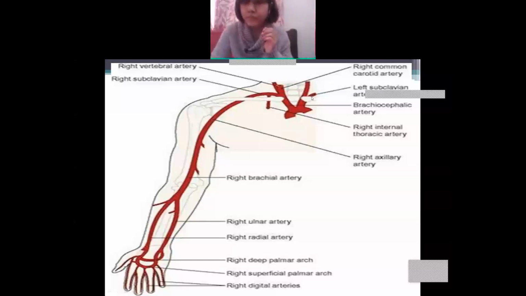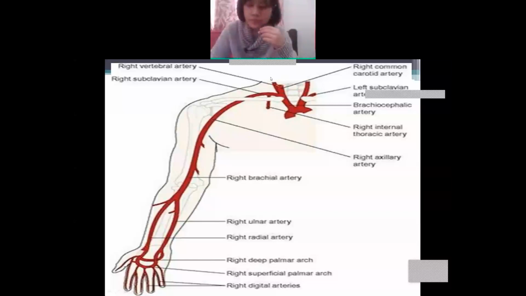Before entering this subclavian artery, there is the vertebral artery. Okay, the vertebral artery, that is this side. The vertebral artery, what do they do? The vertebral artery, they pass upside. I mean, they pass and supply blood where? To the brain. That is this one, the vertebral artery. They go and supply blood to the brain. Understand? That means upside, upward. They go and supply blood to the brain. That is the vertebral artery.